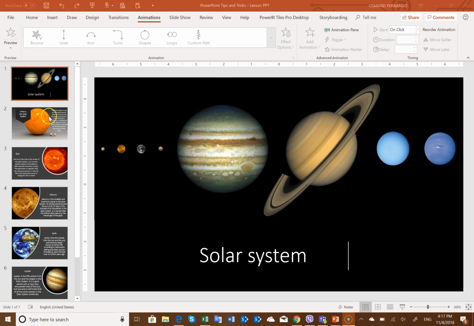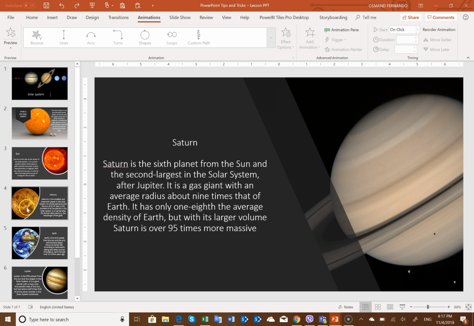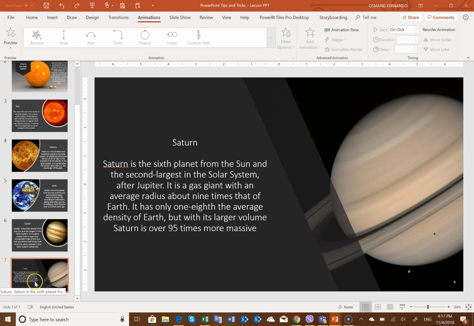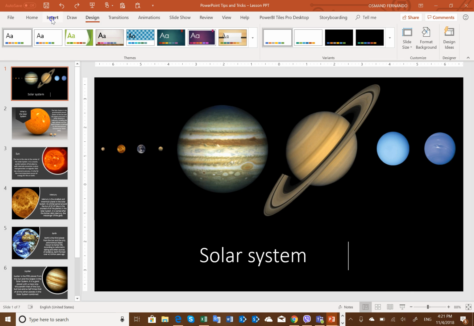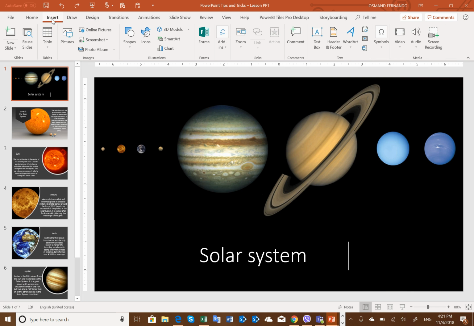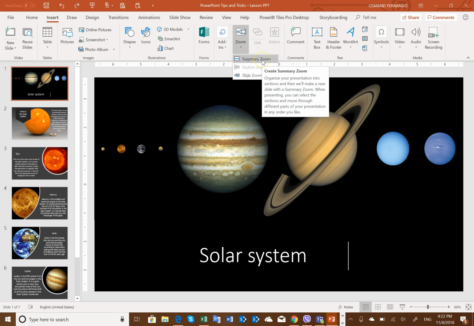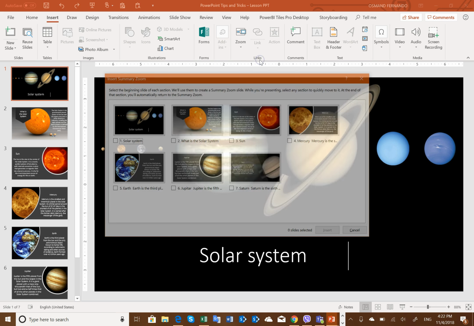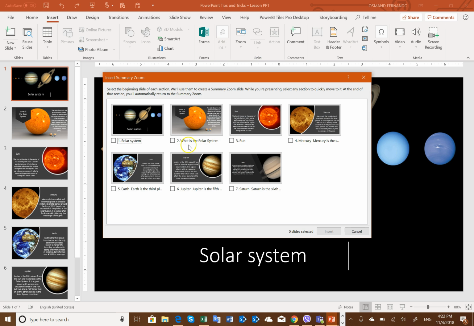I'm going to summarize slide number 2 to slide number 7 into one slide. Go to the insert menu. Under the insert menu you can see the zoom option. Under the zoom you can see the summary zoom option. Click on it and then you can select the slides that you want to summarize into a single slide. So I'm going to select from slide number 2 to slide number 7